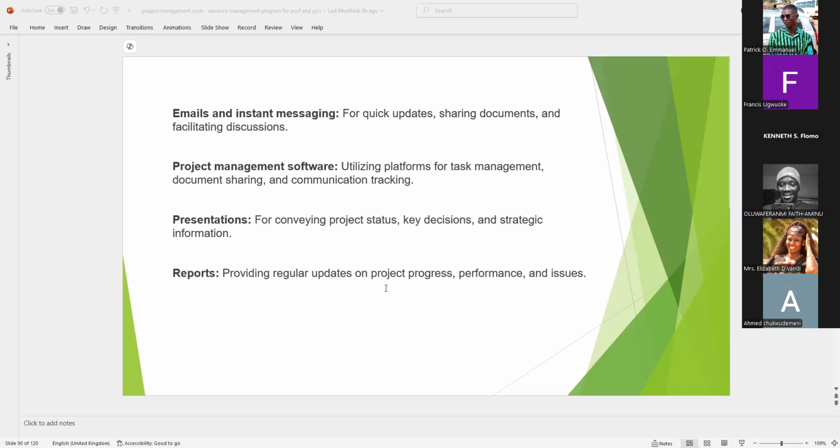So you need to know and balance it up for them to see how well you've performed. Project progress. How well are we progressing, or are we standing still? What has gone wrong? Is it the funding or is it the people? Then the performance. How well are we performing? These are all the things that need to go into the reports that you want to share with your project